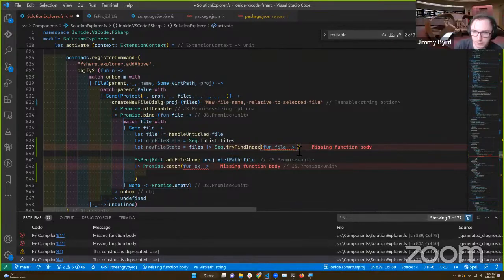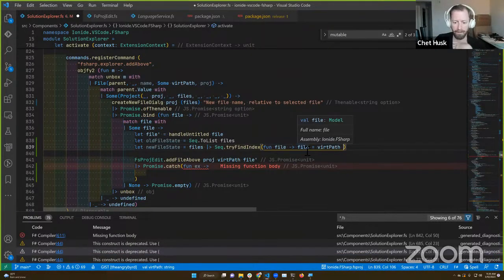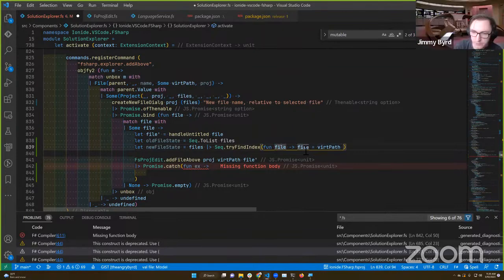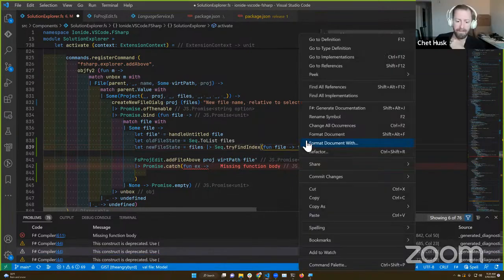It's going to be virtual path, right? And the file is actually a typed structure here, I think. So you'll even need to match on it.